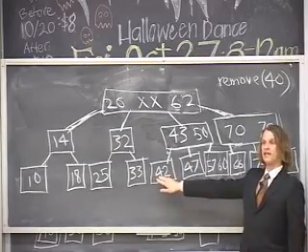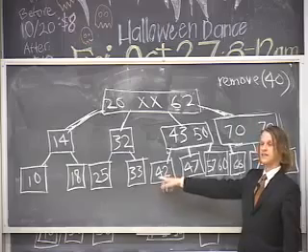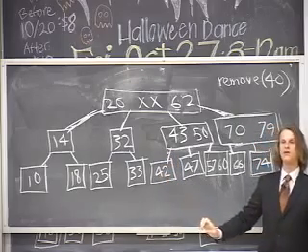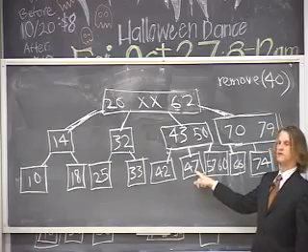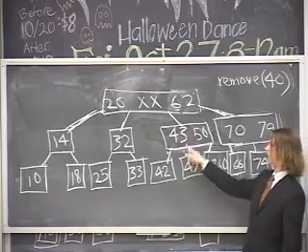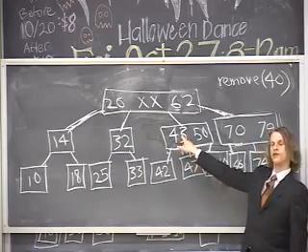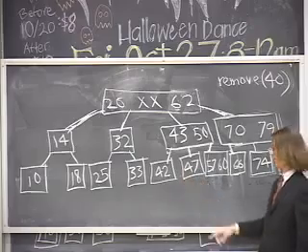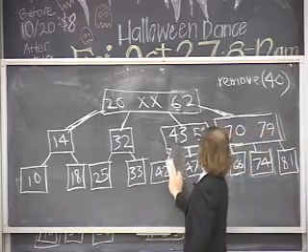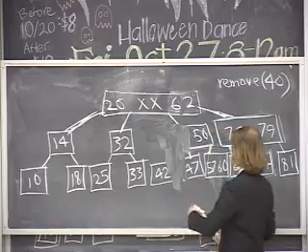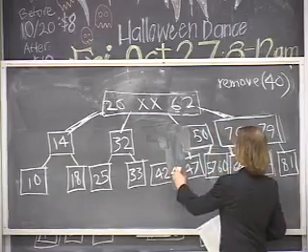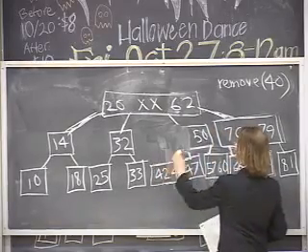Once again, this is a one-key node. I can't delete this key until I have some other key in that node. So, can I steal a key from the sibling? Nope, there's only one key in the sibling. So it's time for a fusion operation. I take the 43 and I pull it down here. It goes in the middle here. This is now a single node